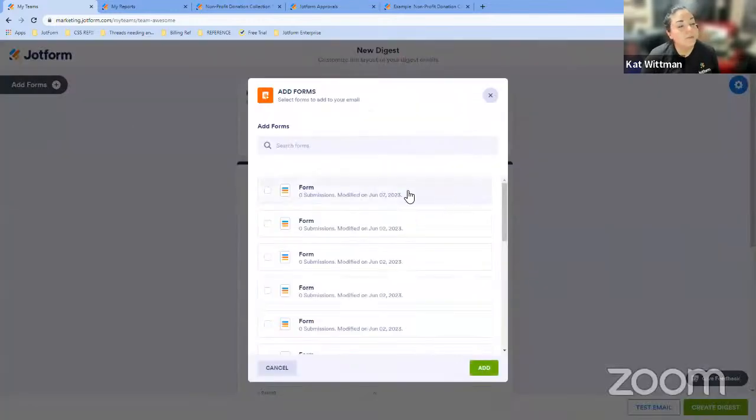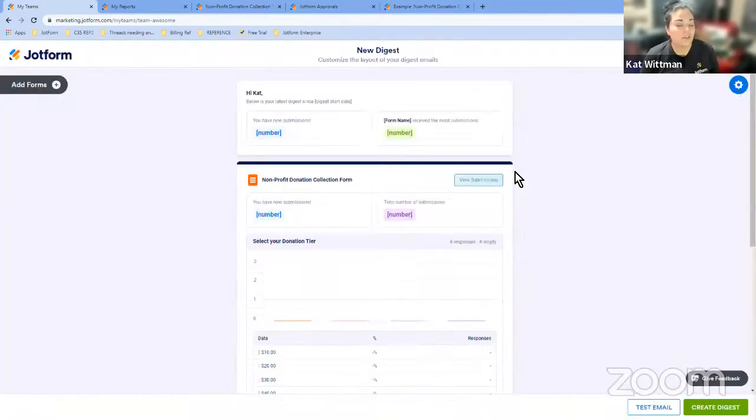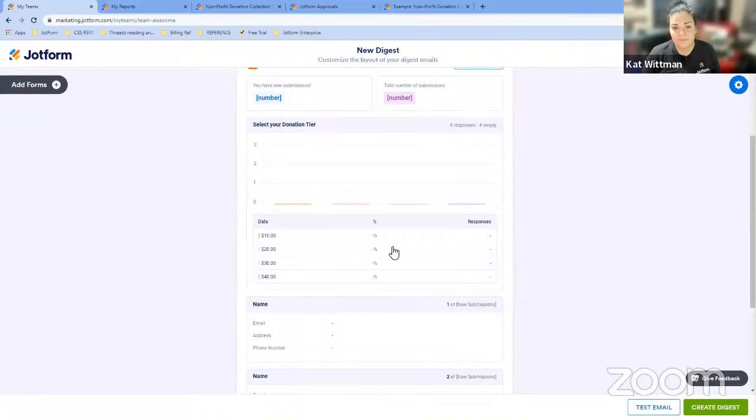And of course, because we're building this in a team, we're only going to see the forms available and created within that team. And so this is a really great way to ensure that external and internal eyes are viewing their needed data on a regular basis that's automated so that you don't have to worry about sending these kind of reminder emails on a regular basis yourself. You can create multiple digest reports that you can then specify the number of forms or the specific forms, or if they want to go to a specific